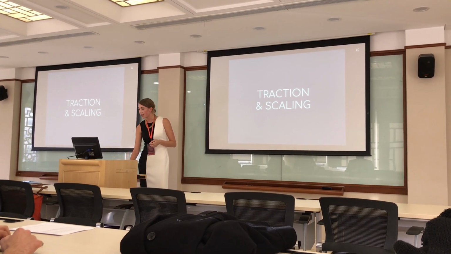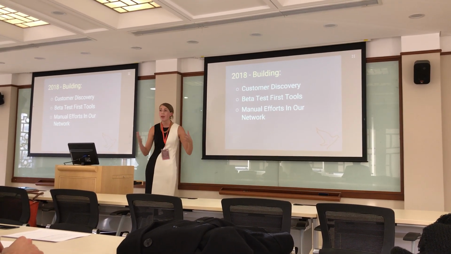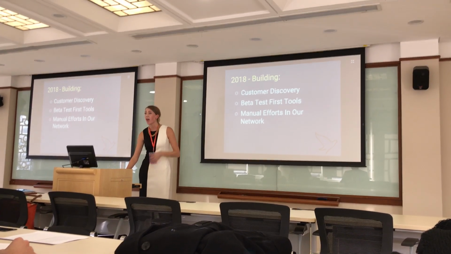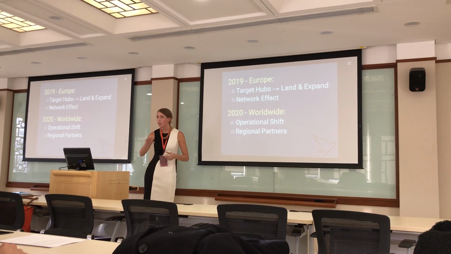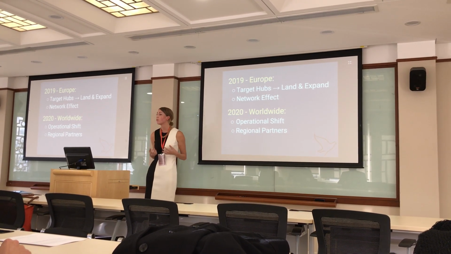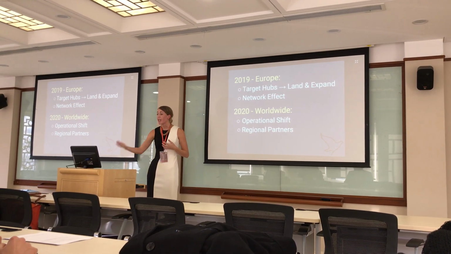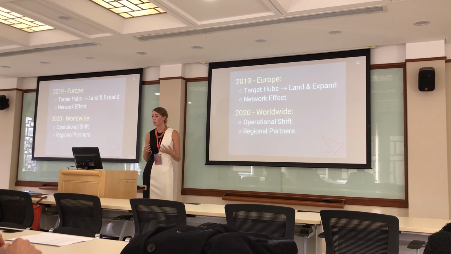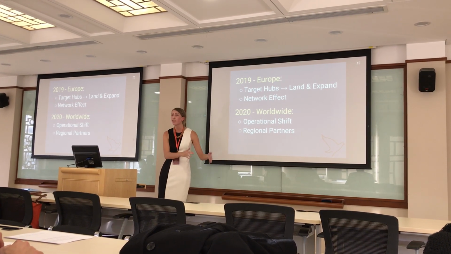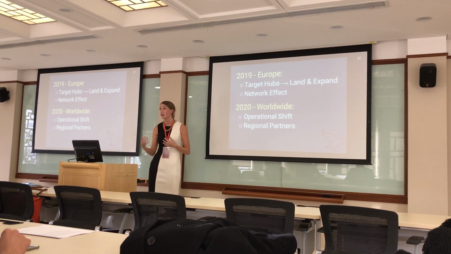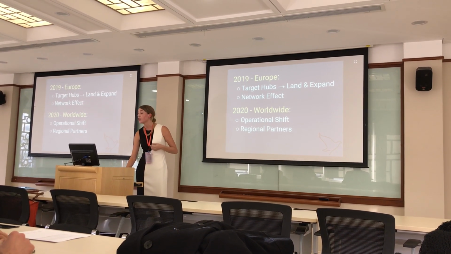In regards to traction and scaling, in 2018, we're focused on the building process. We've done customer discovery, we've been beta testing our first set of tools, and we're making manual efforts to build our network. In 2019, we're still focused on Europe. So we're targeting specific hubs that already work together, trying to get them to adopt our software, and then relying on the network effect to spread Distribute Aid. In 2020, we want to scale worldwide. So this will be an operational shift where instead of us running the software, we're going to help regional partners adopt Distribute Aid and adopt the software. We want to make sure we have regional partners that know the context of the situation in the geographical area